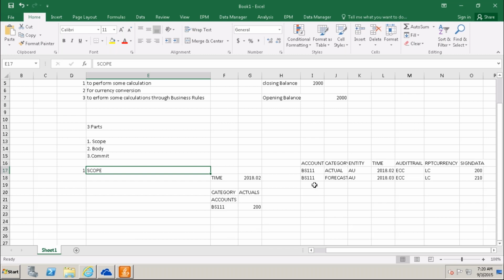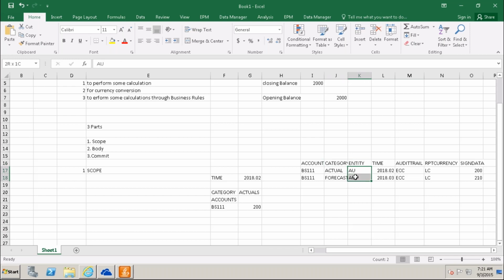See here, specifically I want to write on my account. So I need the account dimension, the account member I want. Category also I am taking here, actual, and I want to convert to forecast value. Category dimension I want to take.